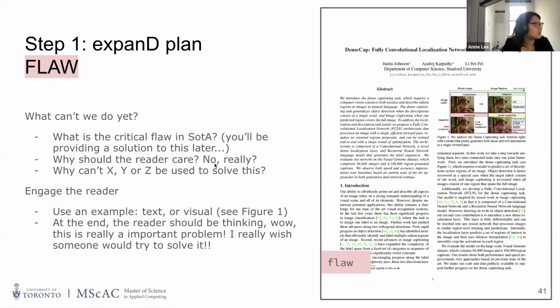Why should the reader care? Does this matter? Why can't previous methods XYZ be used to solve this? You engage the reader here with an example. NLP is usually pretty simple to understand because it's text. But I used to work in sequence analysis in bioinformatics, and usually you had to offer a little example. We also did time series at one point, which is really hard to visualize, like the EEG time series. So usually a visualization or example is really good to help the reader understand